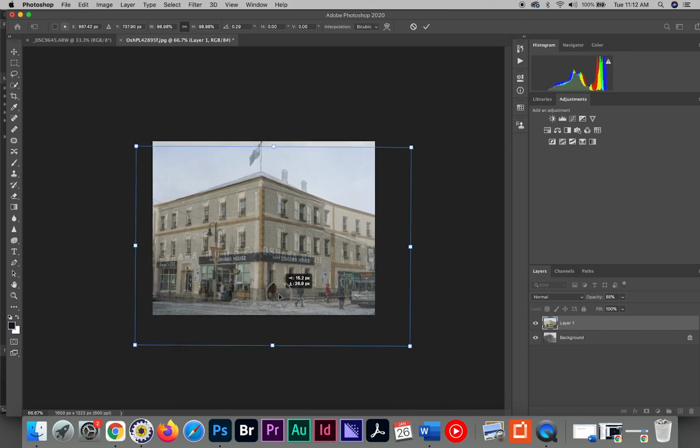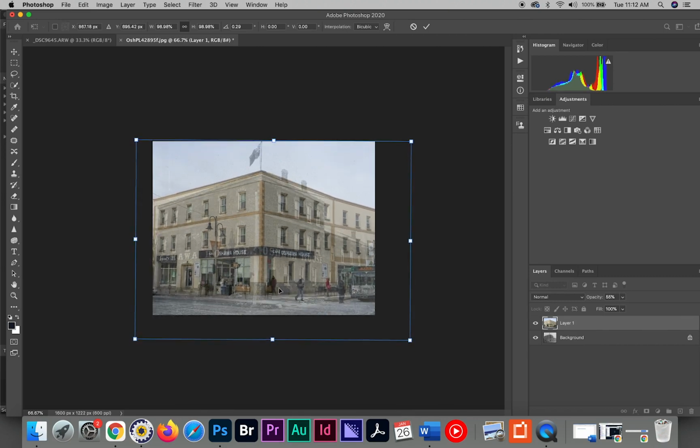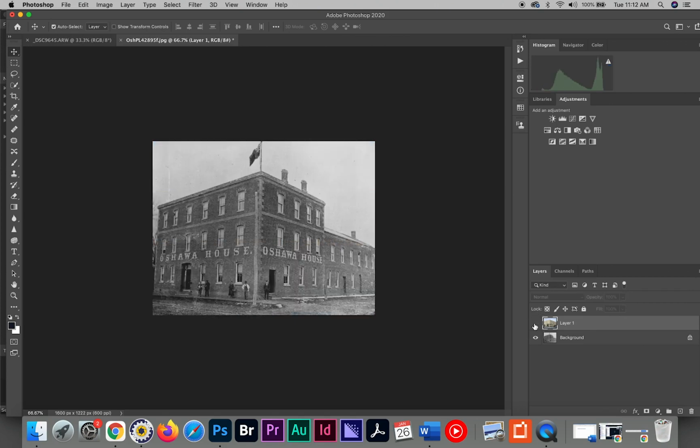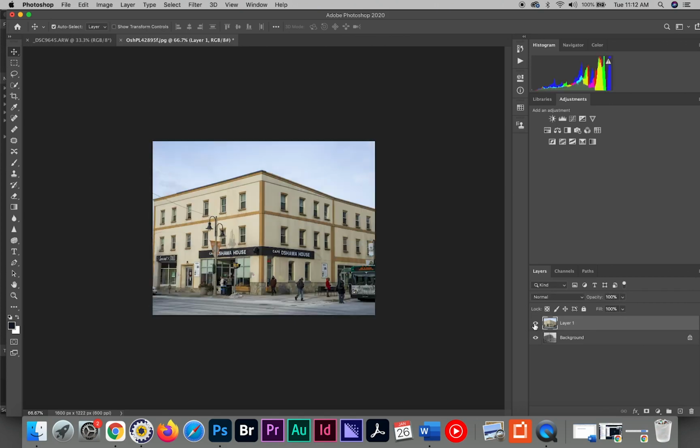May want to try just shrinking it a little bit to try to get, if there's people in there, try to get them roughly the same size. So in a nutshell, there you have it. I have the two images perfectly overlapping one another now. I'm going to save each of these layers out individually